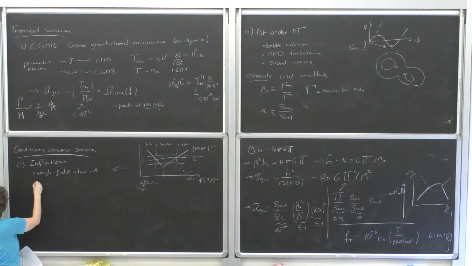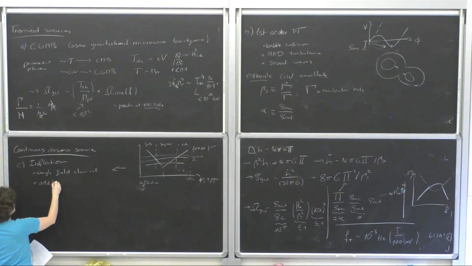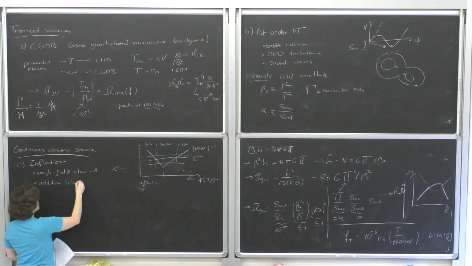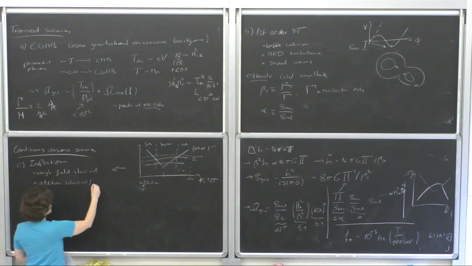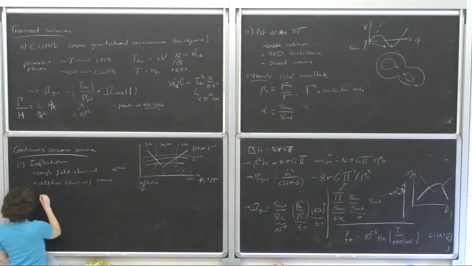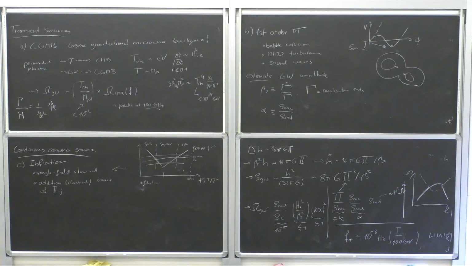Now, you can, however, complicate your model of inflation. And complicate may also mean make it more realistic, because maybe just writing down m squared phi squared is not the end of the story. So you could have, during inflation, an additional source to the energy momentum tensor. So if you imagine that during inflation, you have an additional, and let me call it classical, as opposed to here where you're really just exciting quantum fluctuations, an additional classical source of pi_ij. And one example for that